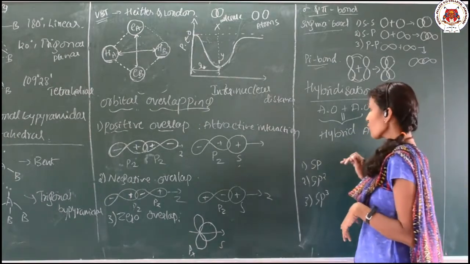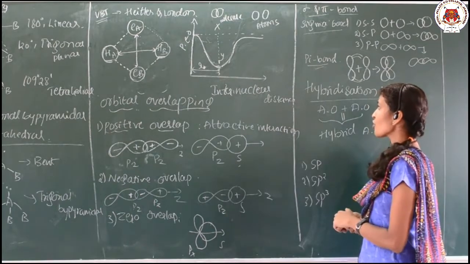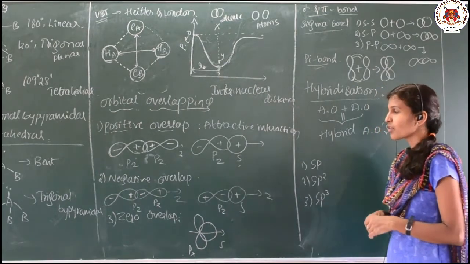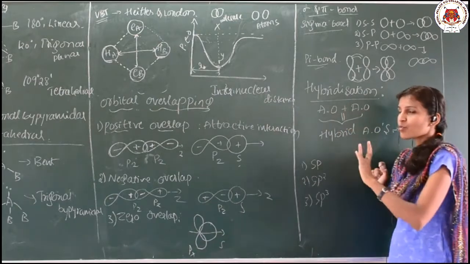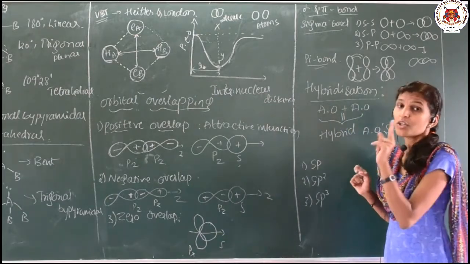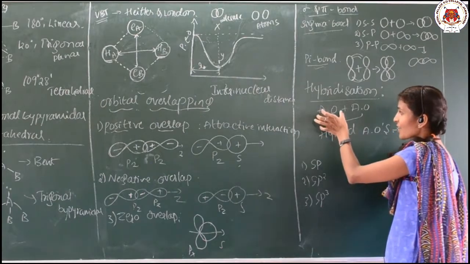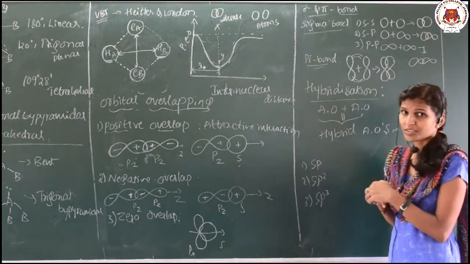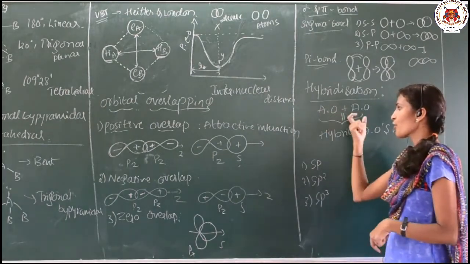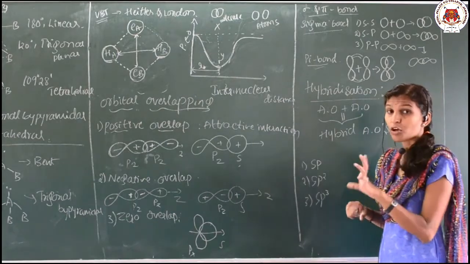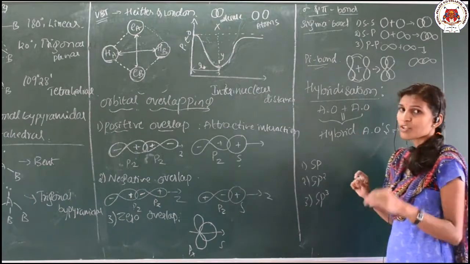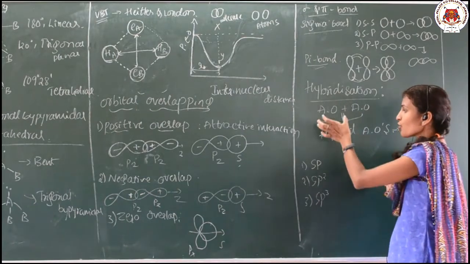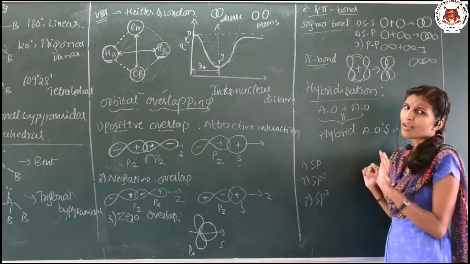Okay. So here, let us go for the salient features of the hybrid orbitals. The atomic orbitals which combine with each other must have a very slight energy variation. The energy must differ from each other by a slight amount, not a big amount. And the number of atomic orbitals undergoing hybridization will produce the same number of hybrid orbitals.